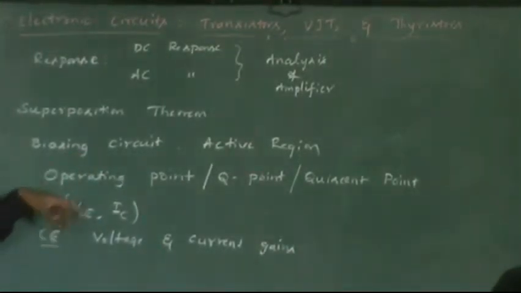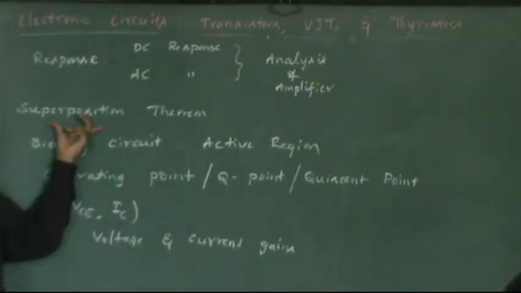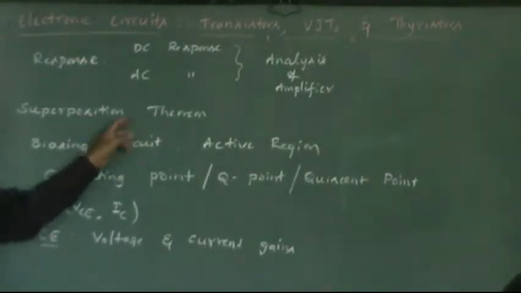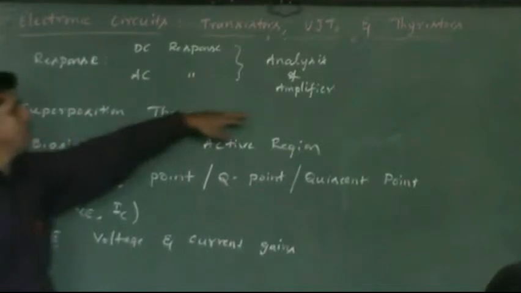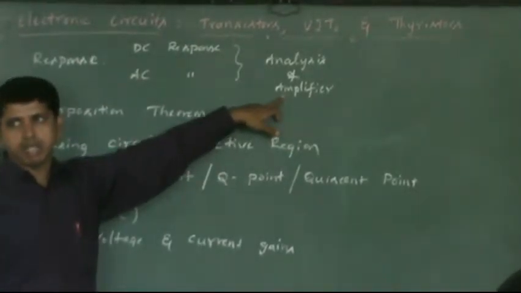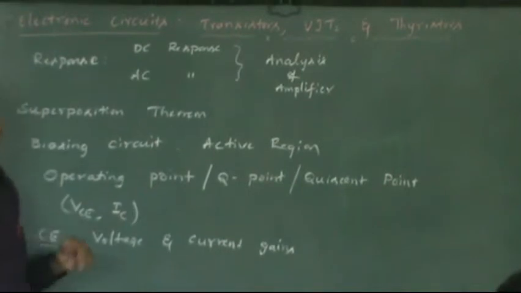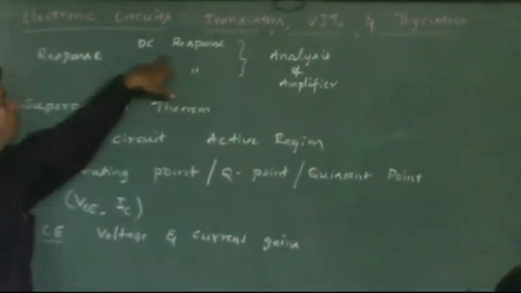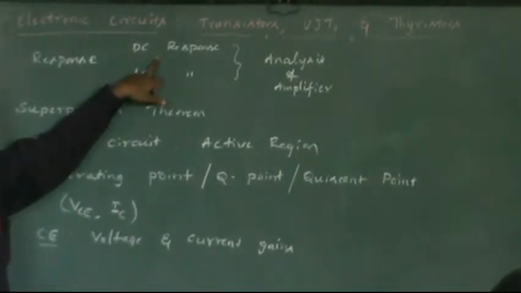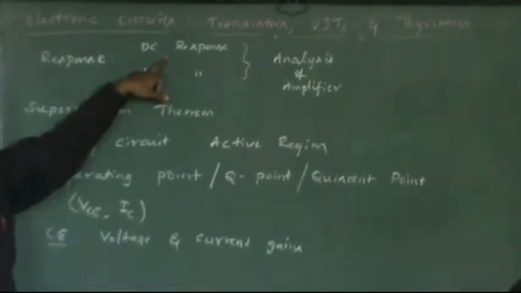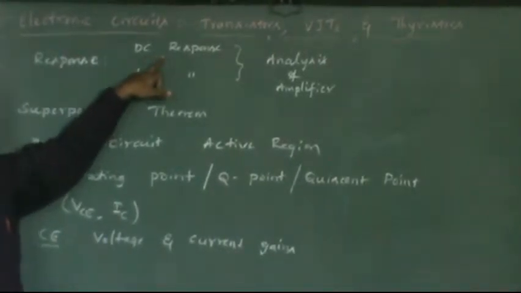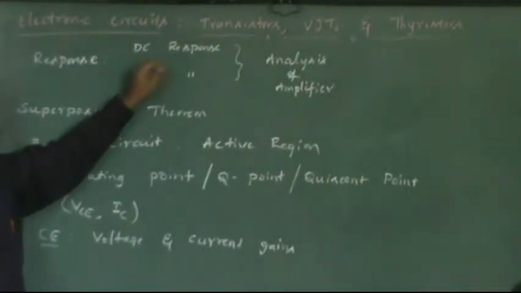And to analyze any amplifier circuit, the important thing is you have to apply the superposition theorem. Why do we need to apply the superposition theorem? Because this analysis of the amplifier involves a DC response as well as an AC response. Because the amplifier circuit is made up of DC components as well as AC components. You must analyze separately. How do you analyze separately? For the amplifier circuit, first you try to obtain the DC response. When you are obtaining the DC response, AC components should be made zero. You should not consider any AC components. If capacitors are there, just ignore them. If AC voltage is there, just ignore it. Only DC voltages and resistors should be considered in DC analysis to obtain the DC response.